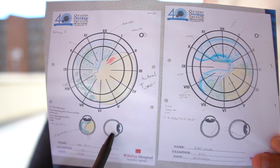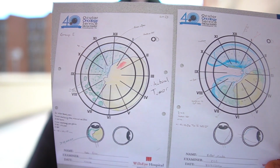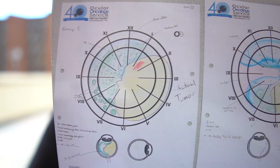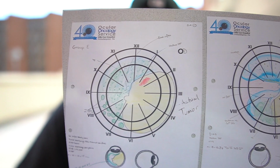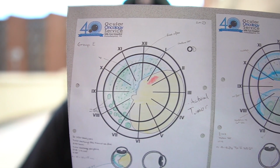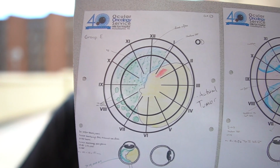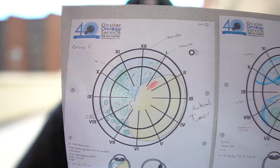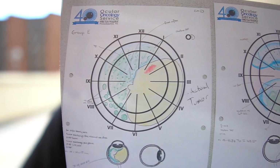As you can see, there's the eye, and there's a top view of the eye. This yellow spot right here, that is the tumor itself, the mass of it. The green right there would be all of the cancer seeds, and from what she explained, that was over 10,000 cancer seeds that was in his eye next to that tumor, covering up his retina,